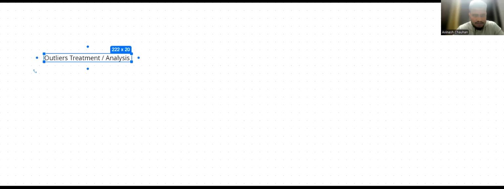Yesterday, three steps were there. The first step with respect to outliers treatment is the 3R technique, and in the 3R technique, we discussed about